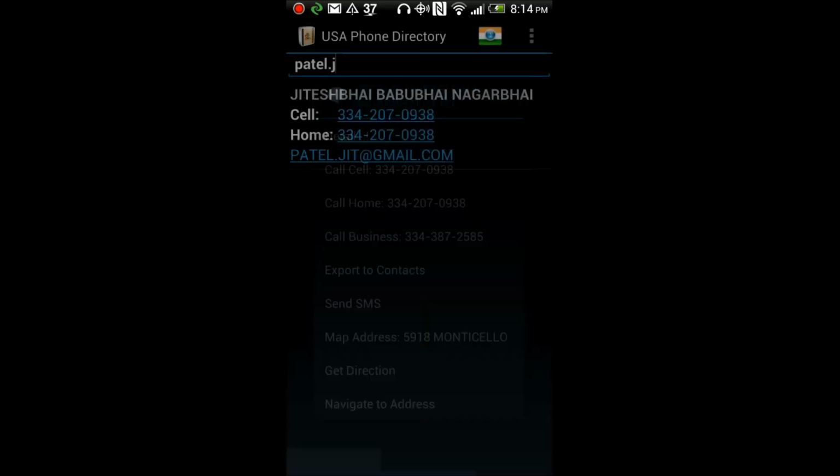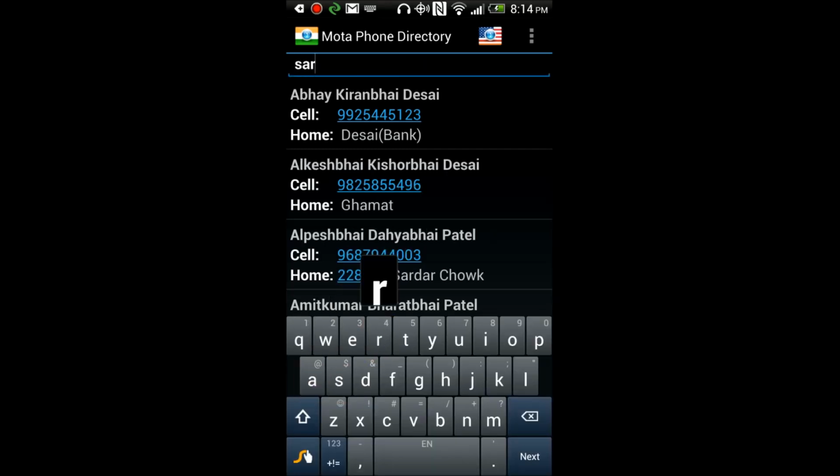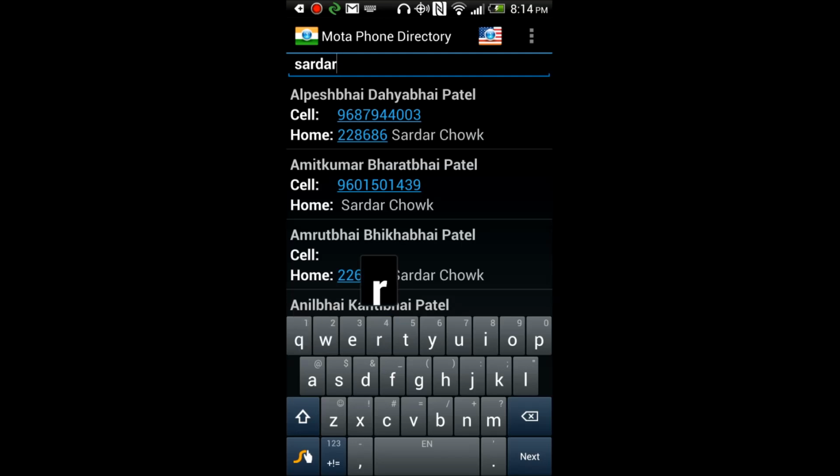Same way, in the India phone directory, you can search anything, like you can search by the name or middle name or last name, or you can enter the cell phone number. Like I am typing Sadachok, so it will filter all the names with Sadachok here. Again, you can click on a cell phone number or home number directly to dial out the number. But if you want to use the calling card options we have set up in the preference,